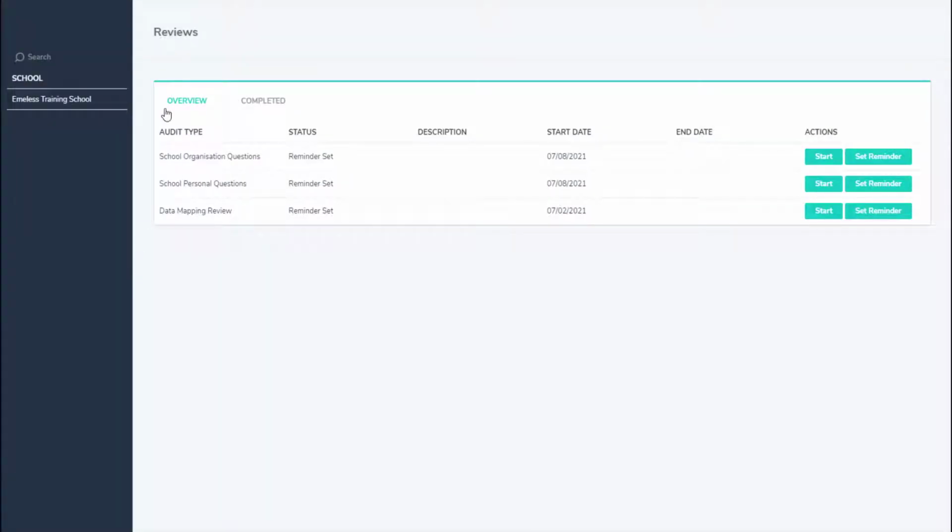In the overview, the first thing you can see is that you don't have to have all 3 parts of your internal audit running concurrently. For example, you may wish to set the personal questions to be done as part of Inset in September, but you may not wish to review your policies and procedures, which would come under the organisation questions, until maybe January. The whole point of this system is that you can make decisions that work best for your school or your MAT. When you are ready and you wish to begin any of the 3 parts, you can click on Start